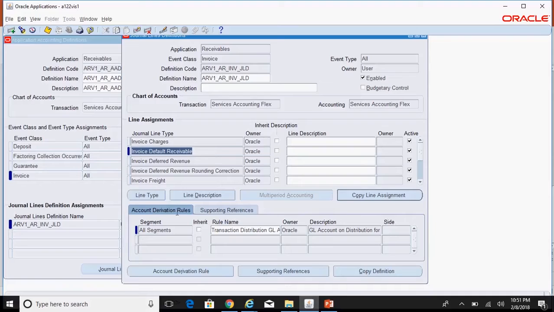Okay, and so this is the standard ADR under the standard JLT. So first, whatever custom JLT you have created, add that custom JLT and add the standard ADR which was available under the original standard JLT. So what was that? It's the transaction distribution GL account.